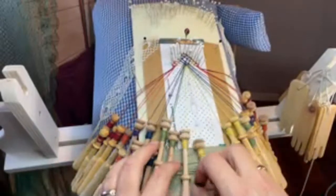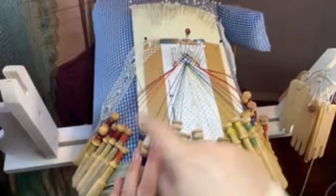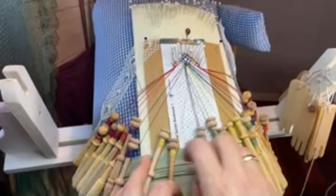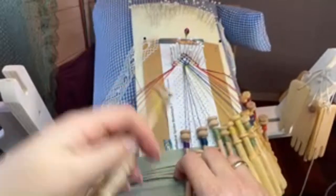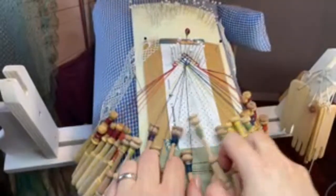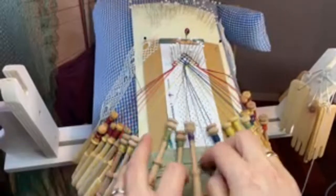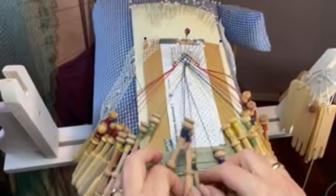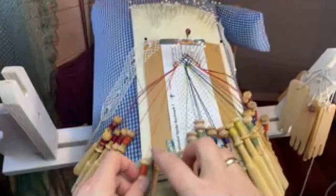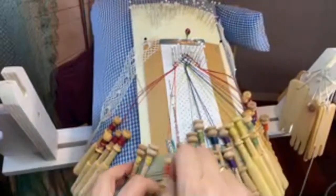So they've switched places. And now to make the cathedral window, I'm going to work this pair across backwards. I'm going to twist this once because I twisted these once. And now this pair across, back, and twist, and these also, and twist. And now I'm going to join this edge of the window